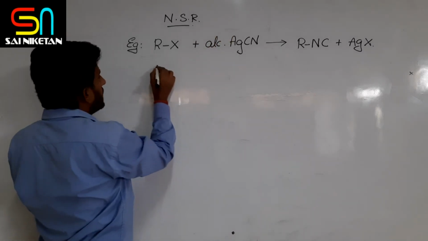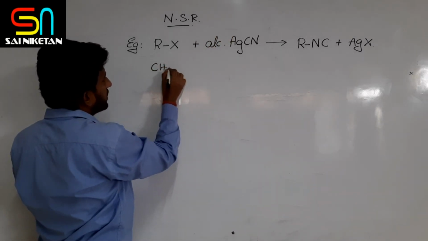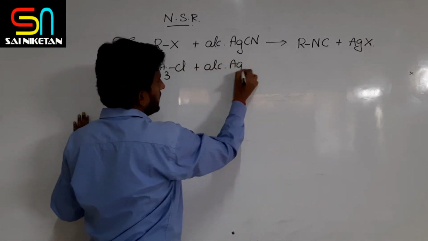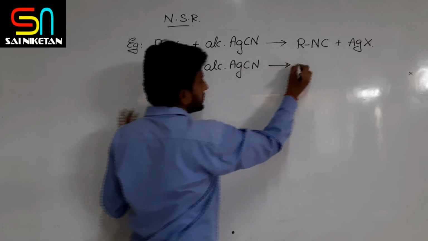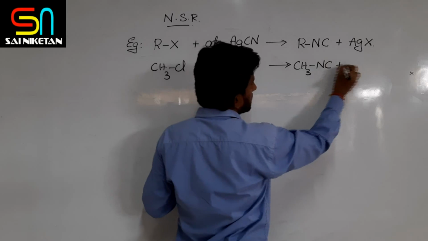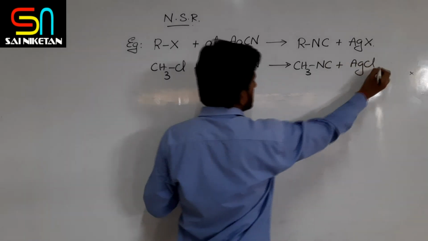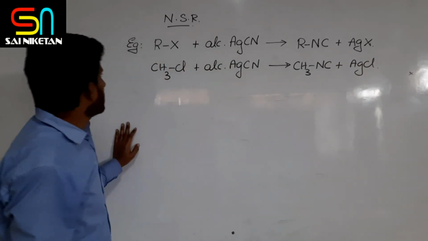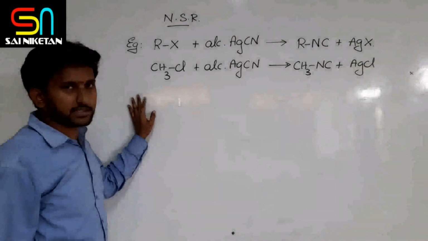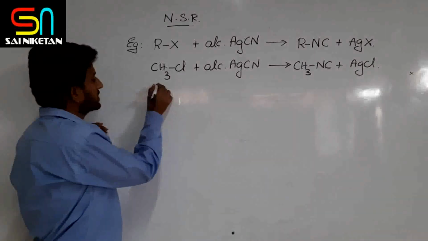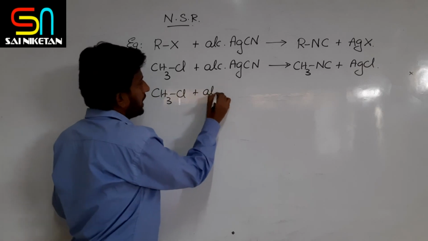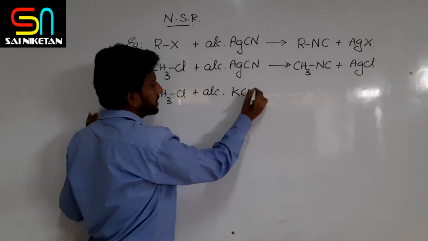Now I am taking an example. Methyl chloride plus alcoholic AgCN gives rise to methyl isocyanide plus AgCl. Now if you compare the previous example with this present example, I will write the previous example also here. Methyl chloride plus alcoholic KCN, if you compare this example,